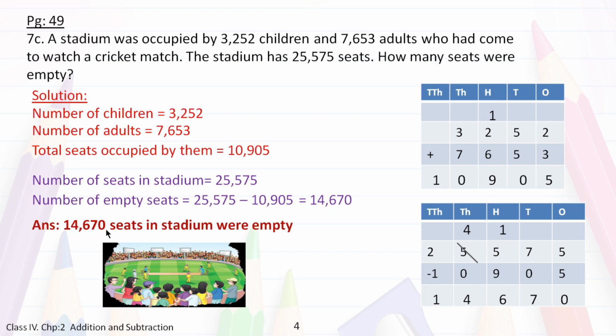Okay. The other way to solve this problem is, I can say that this sum is totally from subtraction. See, you have the total seats. So you will have 25,575 and then children will come and occupy some seats. So you will have the remaining seats. Then from the remaining seats, you will deduct the seats occupied by the adults. So you will have the empty seats. This is the other way around to solve the sum. I hope it's clear to you, students.